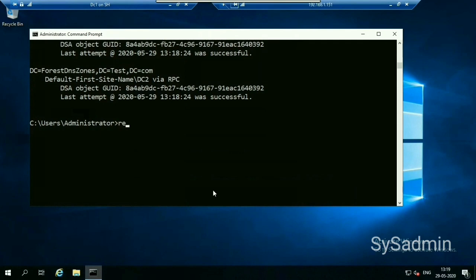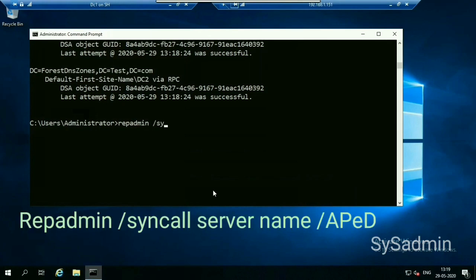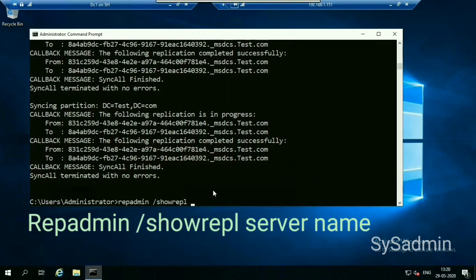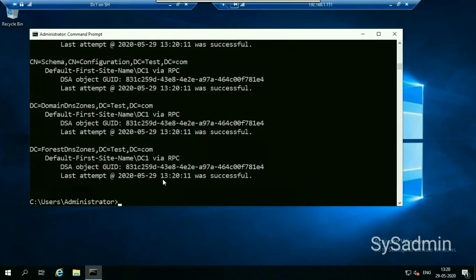For that you can use repadmin /syncall. I'm on the first DC, so I'm giving the first DC name, DC1, /APed. Syncall finished, so let's check the status of the replication. Just now it got updated, it's showing the same time.